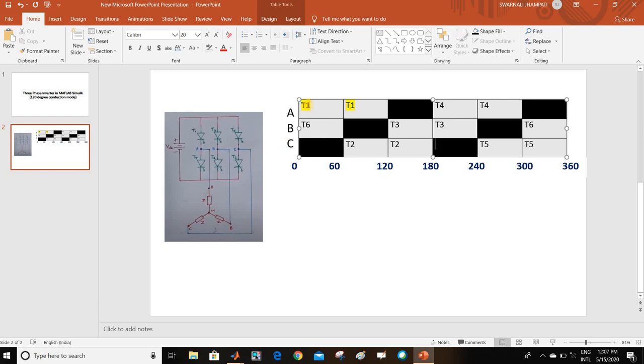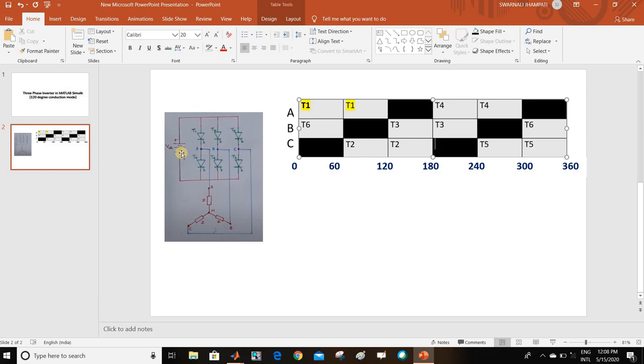Now as T1 and T6 are under operation, from VDC, first it will come to T1, then phase A. That means positive VDC will be connected with phase A, then it will move to the load of phase A, then neutral, then the load of phase B, then it will go back through T6. This will conduct, so during this period it will act as a short circuit because it is on at that time.